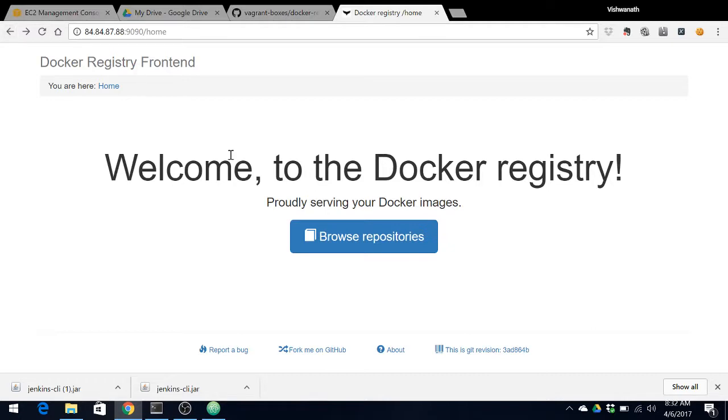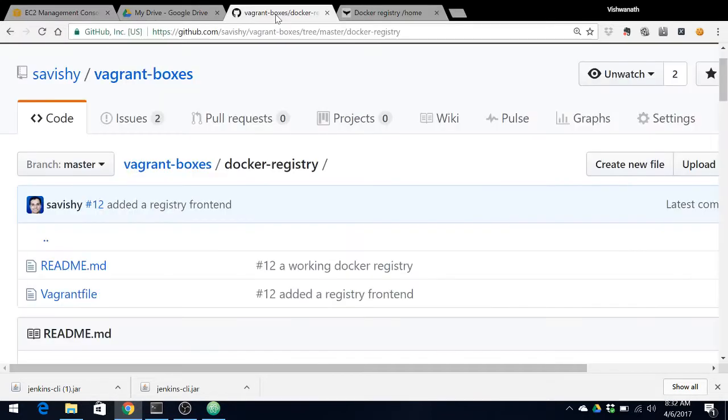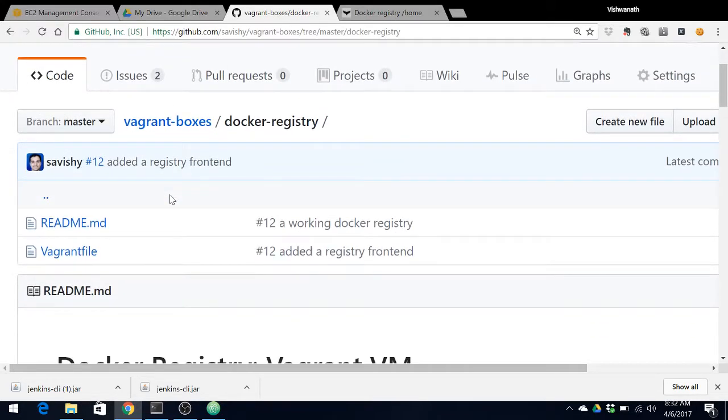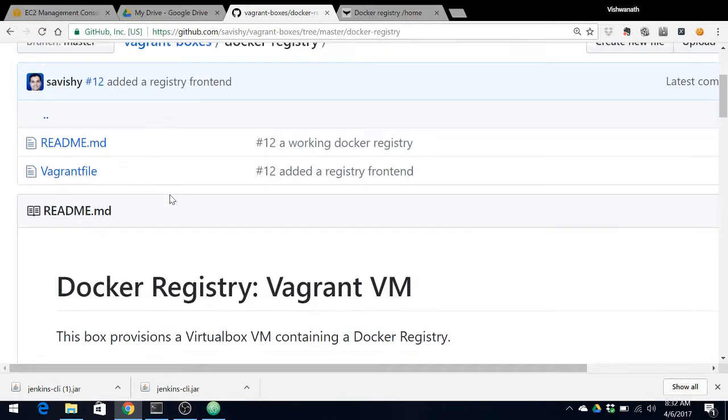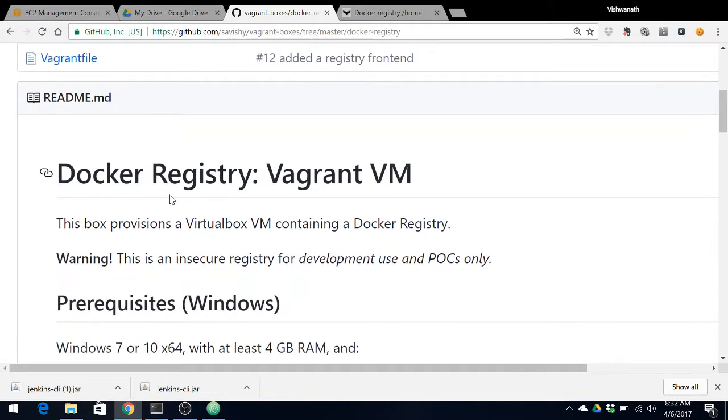But where is this running? This is essentially an Ubuntu virtual machine which contains the Docker registry application that is running on port 9090. The use case for this Docker registry Vagrant box is that it creates a working version of a Docker registry anywhere you go.